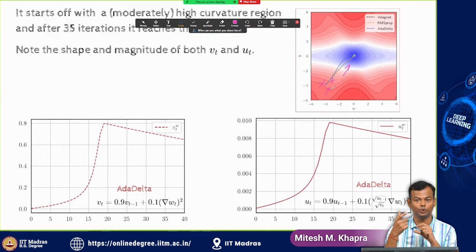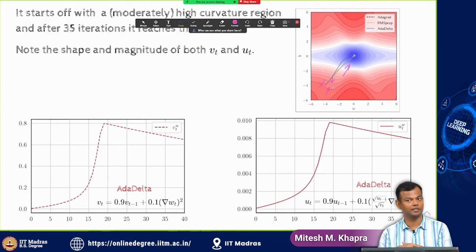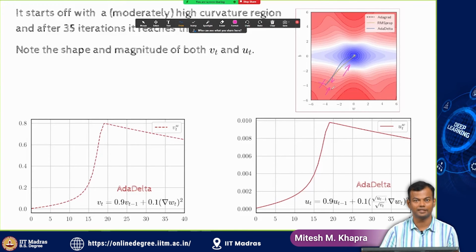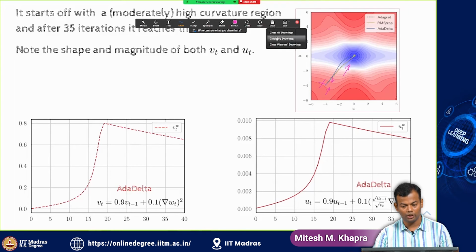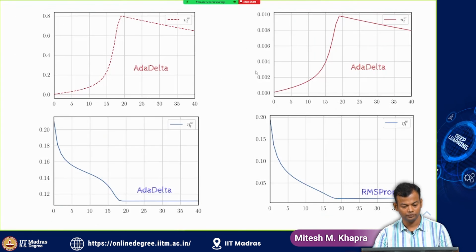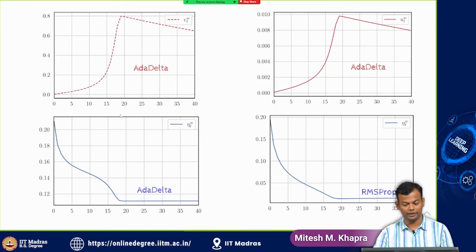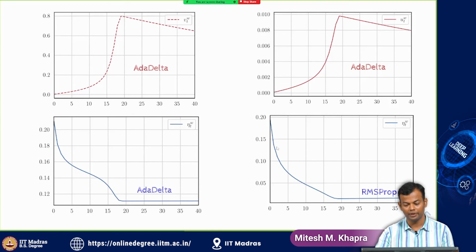We want VT to be larger than UT so that effectively the ratio is small and the learning rate is accordingly smaller, right? So that's exactly what we wanted, and that is what is happening. Now I can show you this more clearly on the next slide, where if you look at the learning rates for Adadelta and RMS prop, then RMS prop constantly decreases, right? Because it does not have any adaptive nature, as it